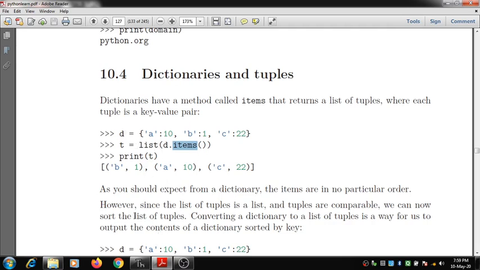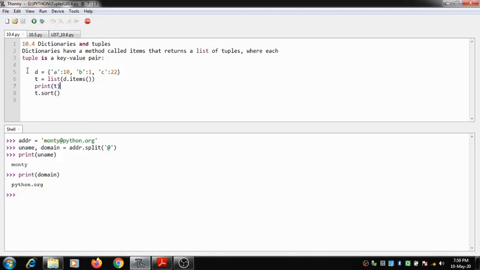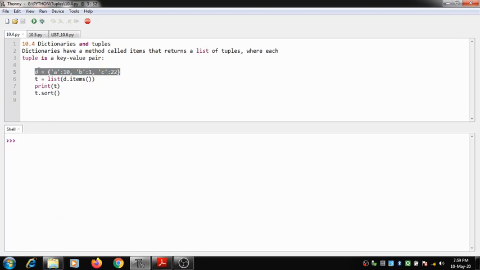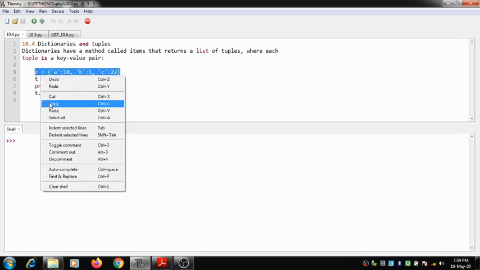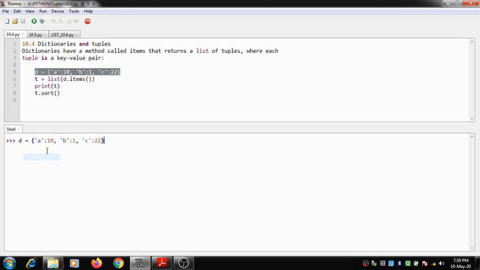For example, let us demonstrate and see it. So here we have a key value pair. I have a dictionary with a key value pairing where key is A and the value is 10.